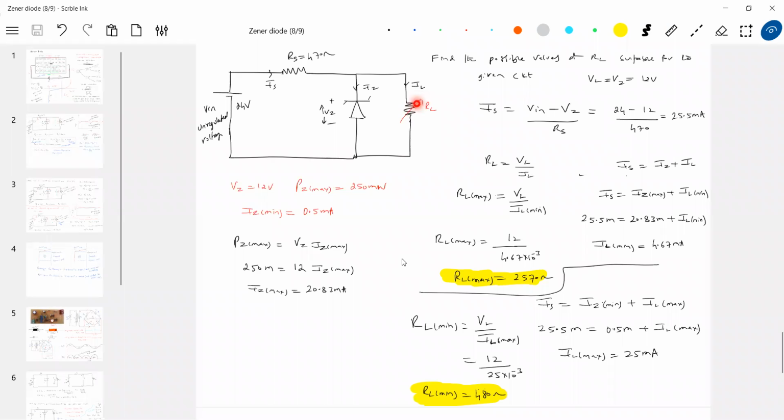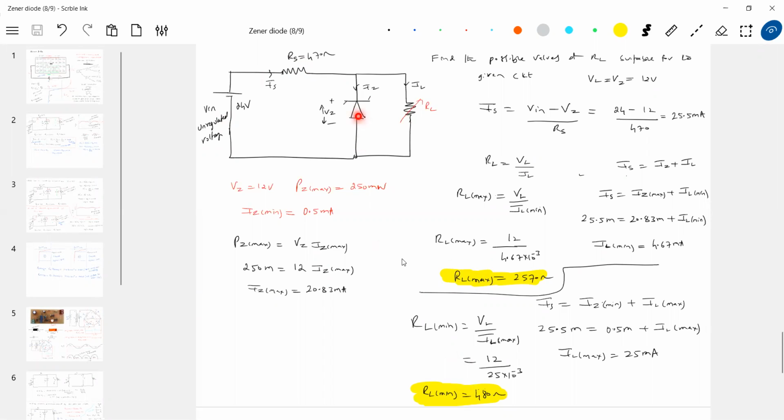Anything will happen. If I connect 3000 ohm here. Okay, let's do one thing, 3000 ohm. Then calculate IN. Then the Zener diode may come out of the breakdown region. If it comes out of breakdown, it becomes unregulated. So for whatever load you want, you cannot connect here. If you have already chosen Zener diode, RS and V in, you should take care that the load you are going to connect satisfies this condition.